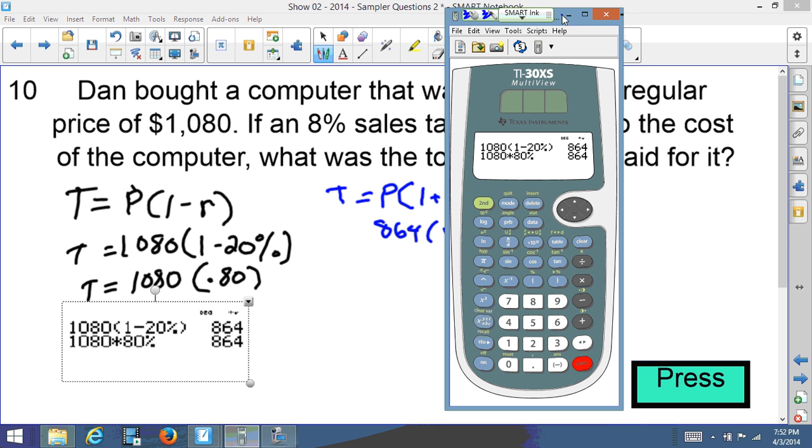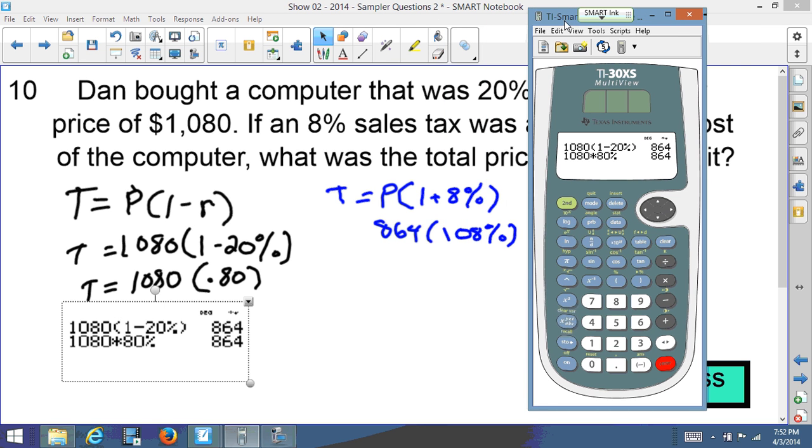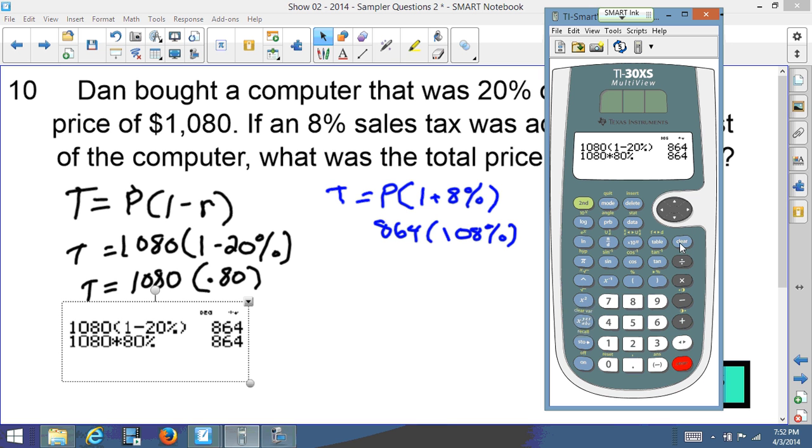So let's just move this over a little bit. Oh, still got that color on. Let's move that over. All right, so it's clear. So 864 times, I'm sorry, open parenthesis, 1 plus the 8% sales tax, and close parenthesis. This will give us the new total cost, $933.12. And as I said before, since 864 was the price, you can multiply that by 108% because you're